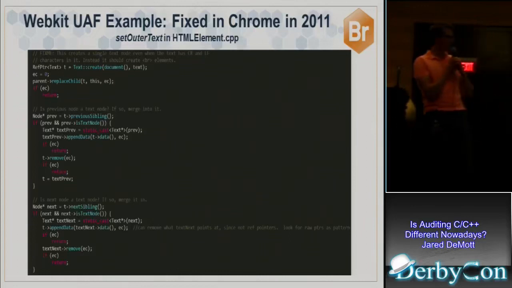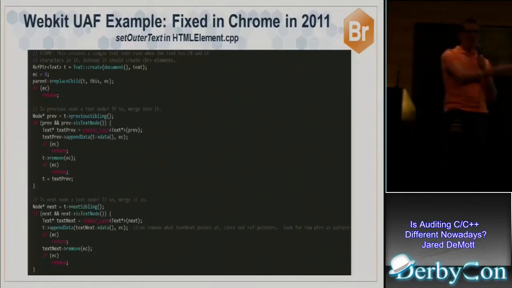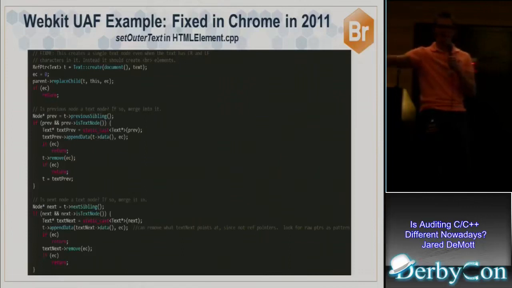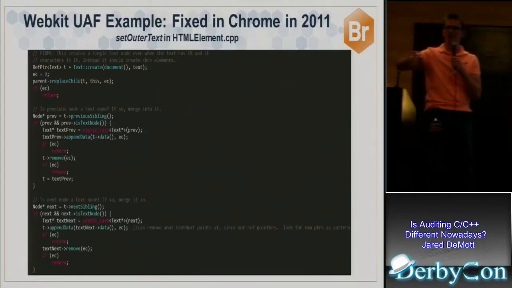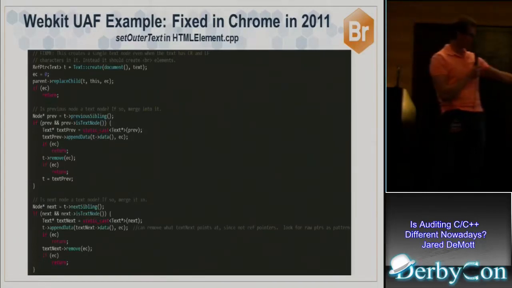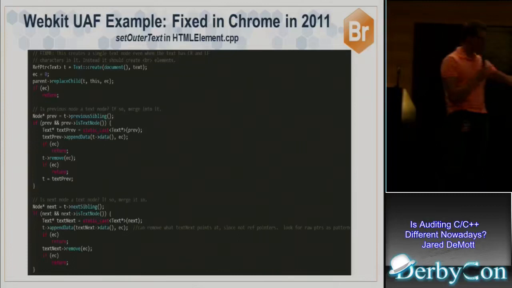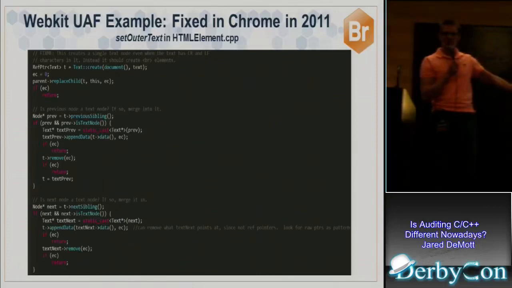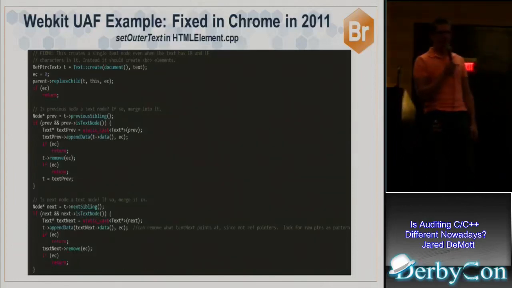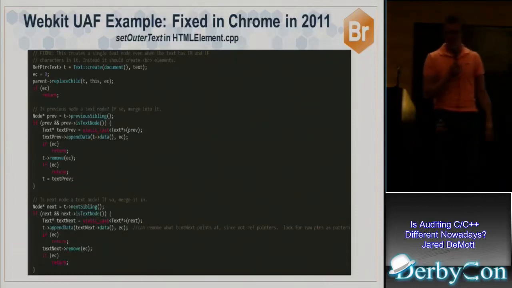And the reason these types of bugs show up so much in browsers is because you have this disconnect between the C++ running on the process itself, and the JavaScript running in this other world that can be influenced by a malicious attacker, right? You visit a web page, the web page can do all kinds of fun stuff in JavaScript. And one of the things it can do inside this JavaScript, it can actually get that textNext to go away. It can get that to be freed. But we don't see that. That's the bad part of this bug, right? We can't see that by looking at this code unless you just happen to know that. There's no way from just looking at the raw code here to know that appendData goes off to the JavaScript and could free that unless you just happen to know that, right? So they're pretty hard to spot in static manual review, right? You might not see that this is a problem.